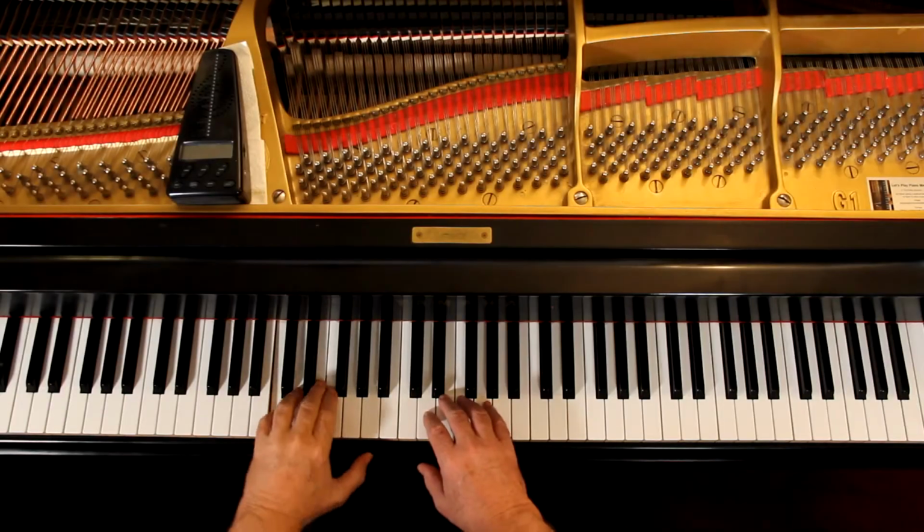It is possible to connect that. I can connect those two notes. The point is I don't want to, because I'm ending a slur here in the second line. I'm starting a new slur on the third line. I want a little silence between them, so I'm going to lift up here just a little bit early before I play that. You know, it's like taking a breath. So the last measure of the second line going on here,